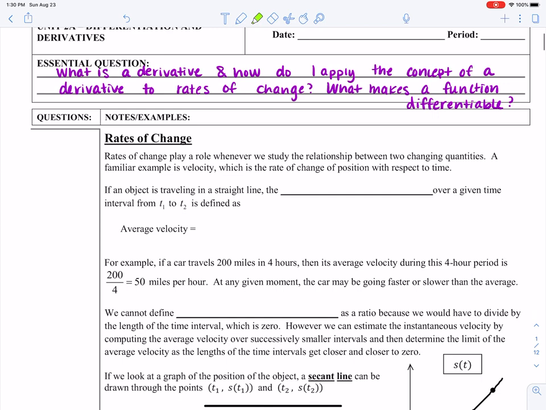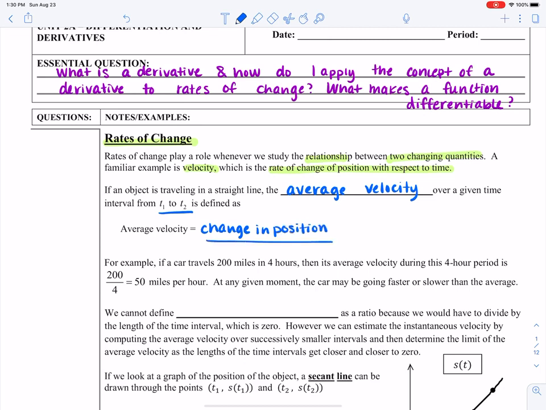We know that a rate of change plays into the relationship between two changing quantities. An example that we tend to be familiar with is that of velocity, where velocity is the rate of change of position with respect to time. And we can find an average velocity along an interval, let's say from t1 to t2, by finding our change in the position